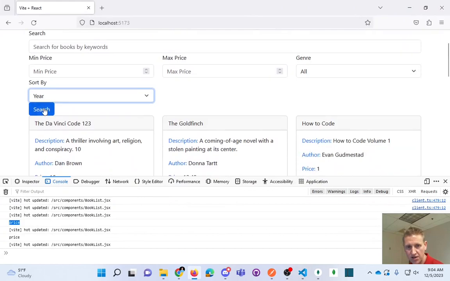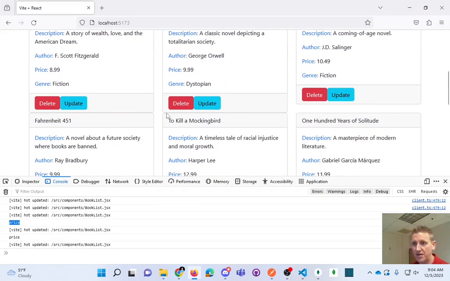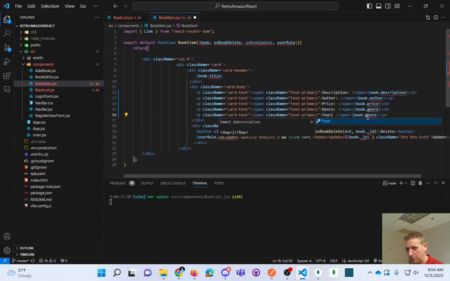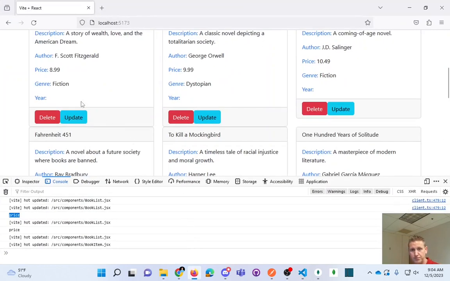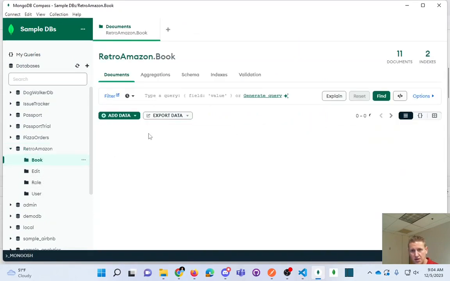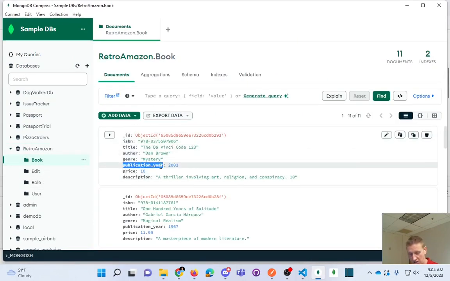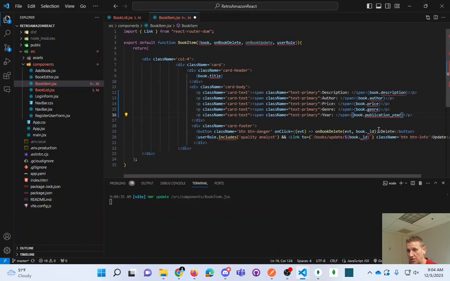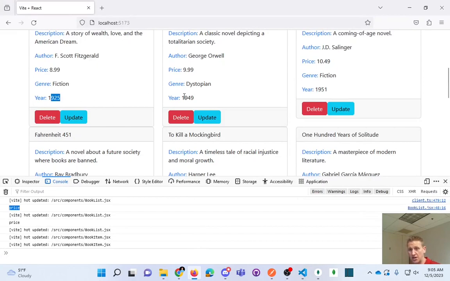And price and year, except for we don't have the year on display, so let's display the year. Except for it's not called year, it's called publishing year, I think. Publication year. Thank you. Let's just show the data, and it's publication year. So copy the field name and paste it as such. And now we've got our publication year in ascending